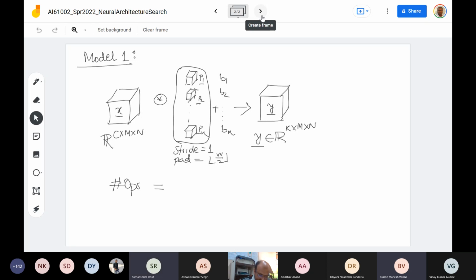2kCWH into (m minus h plus 2pH divided by stride plus 1) and (n minus w plus 2pw divided by stride plus 1). You told me a lot of things. So the number of multiplications, let me write it this. So the number of multiplications is going to be CWH,